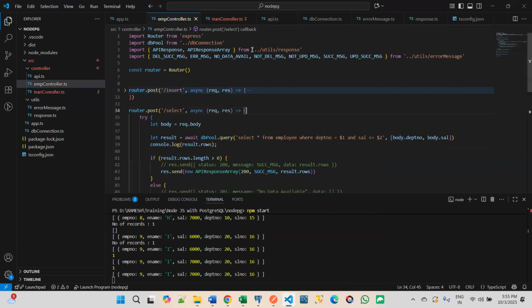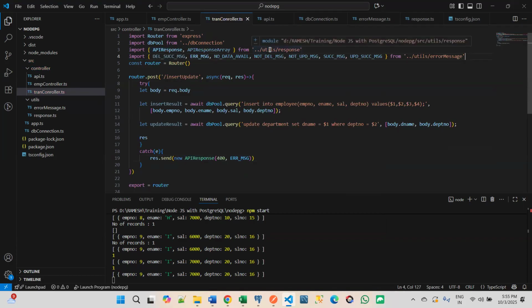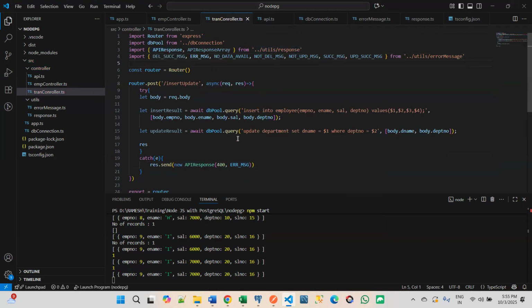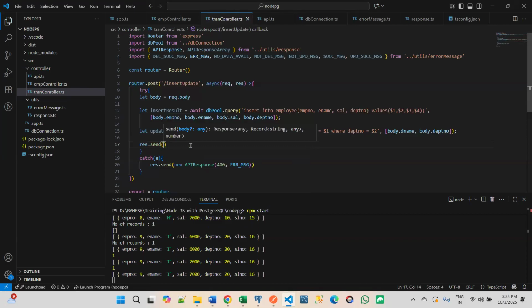I will take this error message class and response classes. Something went wrong. Then res.send new API response, here 200,